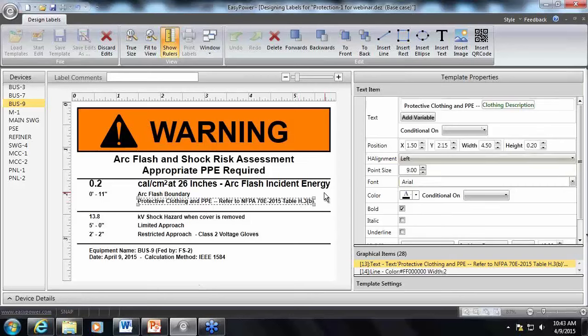This clothing description is set in the library, and we have some users who like to actually specify all the PPE for the different ranges. So in the library, there's not enough room to enter all this. So if this is the case, and you're one of the users who want the label to show all the specific PPE that you need your user to wear,